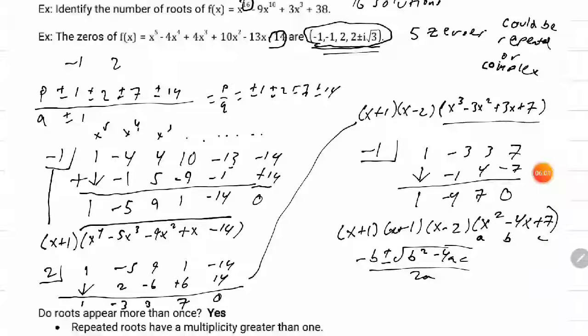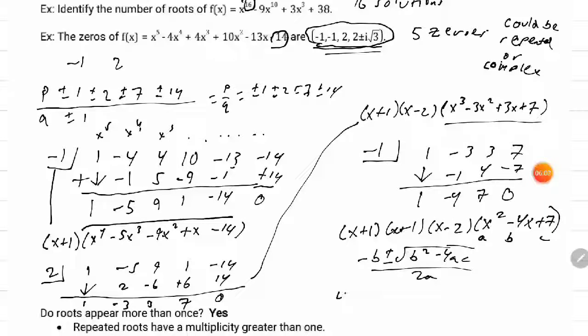Here's my a, b, and c. So I plug it in, and I'm going to get 4 plus or minus the square root of, I'm going to simplify it already, negative 12 over 2. So remember, we have ways of dealing with negative square roots. This is 4 plus or minus i. i gets rid of the square root of negative 1, and then what's left is square root of 12 inside. But we can simplify it further